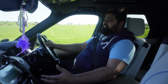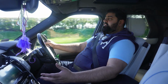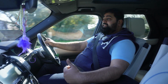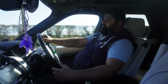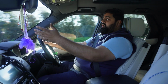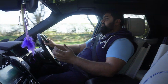So even if it's going to be a smaller chap or a lady driving the vehicle, you can get this seat right close to the steering, nice and comfortable. If it's a big guy, you can even move this seat a little bit more back and a little lower to get yourself comfortable, which I think is absolutely great. It's got a great view onto the road. Even though it's such a big car, you don't feel that there's that much in front of you. You definitely don't feel like there's that much behind you, which is a really good thing,